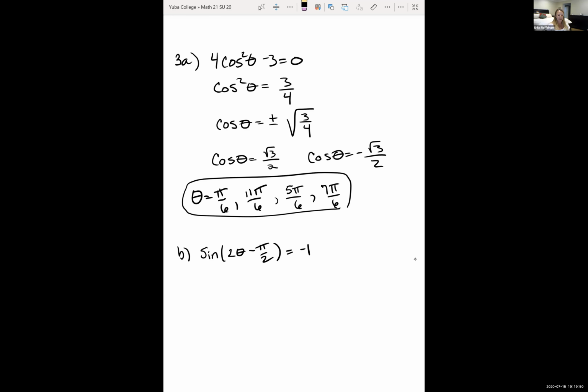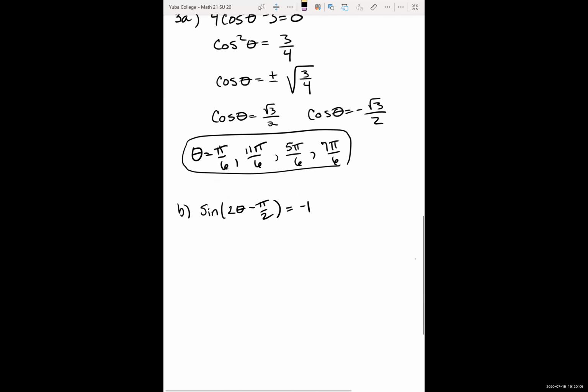If that's what happened, give yourself 3.5 out of 5 points, because you really did have the right idea. It was just that you missed that one piece with taking the square root of both sides, putting that minus. Okay. Here, I would go in here and I would think about when is sine of